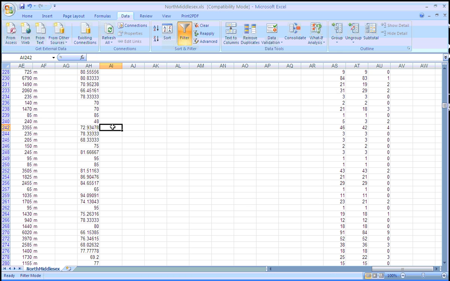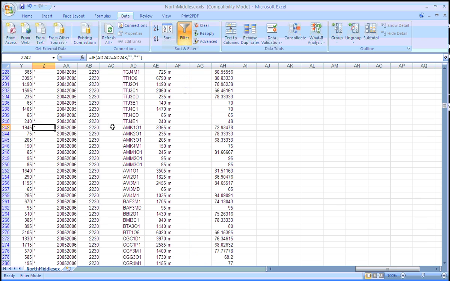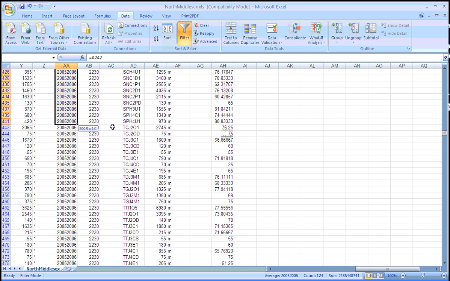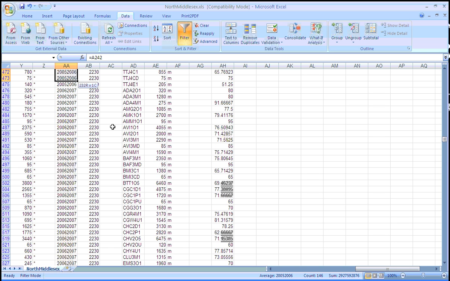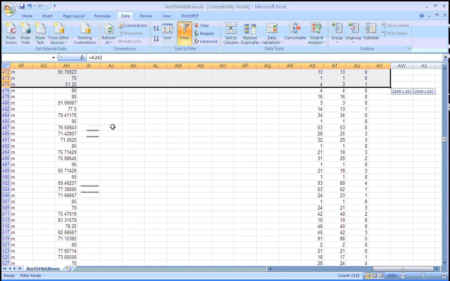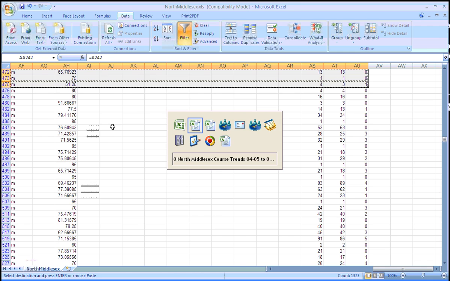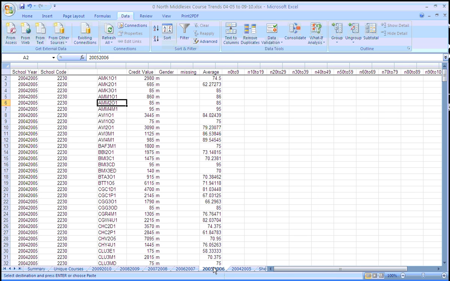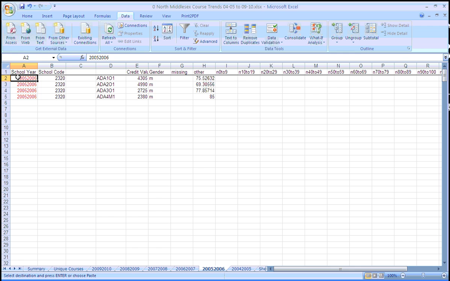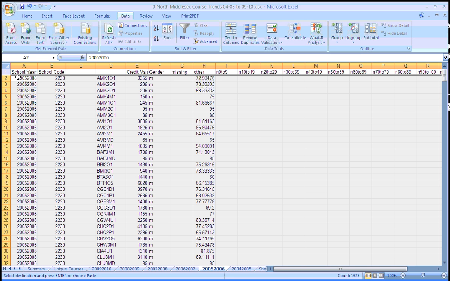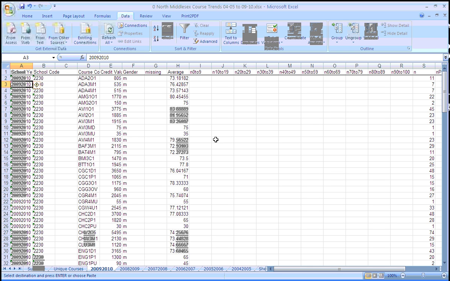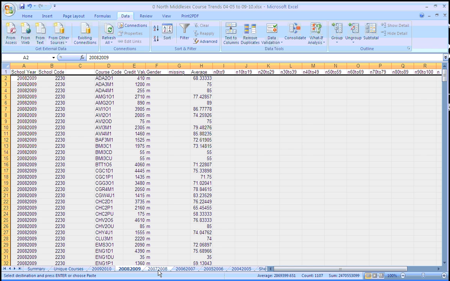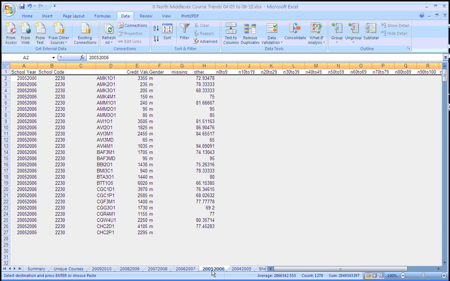Okay. So then we just go through, and that was 2004, 2005. I'm going to do 05, 06. Same thing. So just go to 05, 06. And so on. Okay, so I just paused the recording for a second and copied all that stuff over. So we have all of the data is in each of the respective